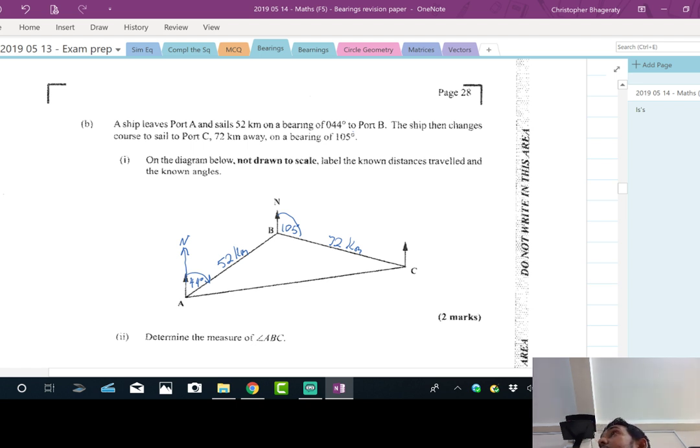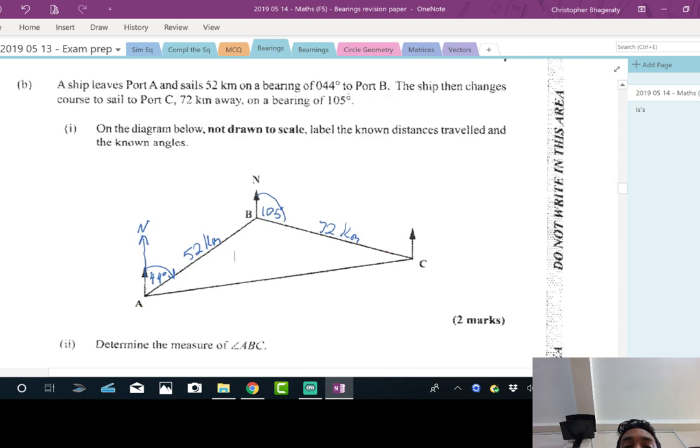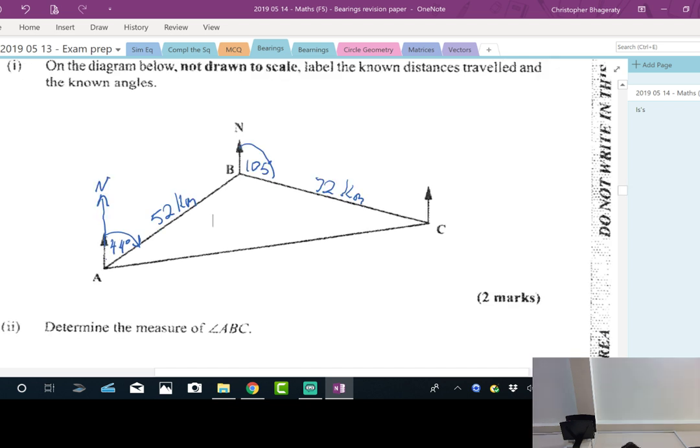Determine the measure of angle ABC. Right? So check it. Angle ABC starts at A, goes to B, and then ends up at C. So that's the same thing you showed us before. Right, so let's examine what we could and could not do. They want the angle ABC. That's this angle here. Now, do we have any angles inside of that triangle to assist us in this?